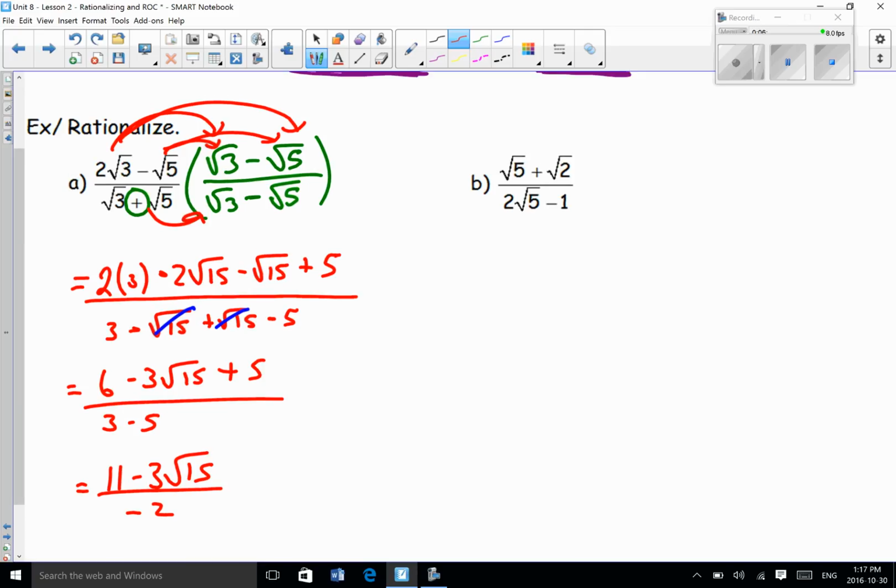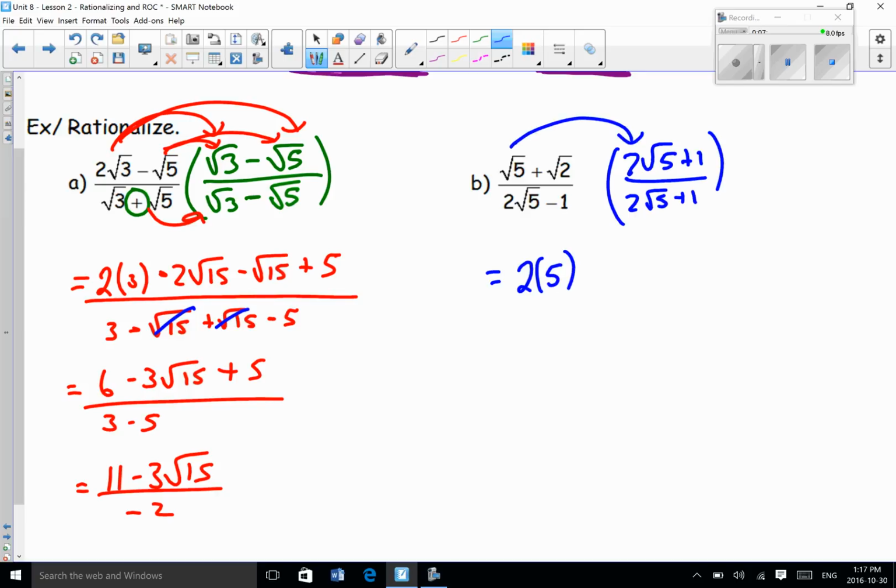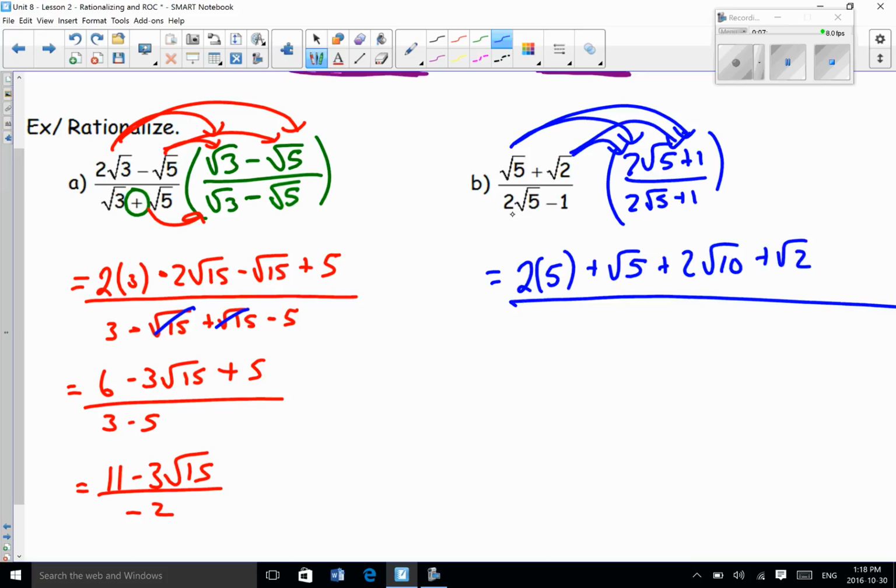Yeah, I can do the same thing in the next piece. Multiply by the conjugate. I've got multiple parts. It tells me to do the conjugate. Conjugate is same radicals, opposite signs. And then FOIL. So we can get 2 root 25, or 2 times 5. And we're doing FOIL, right? So we did that one. Then we'll do this one, which is just a root 5. We'll do this one, which is a 2 root 10. And we'll get this one, which is a root 2. All over 2 root 5 times 2 root 5 makes 4 root 25, or in other words, 4 times 5,